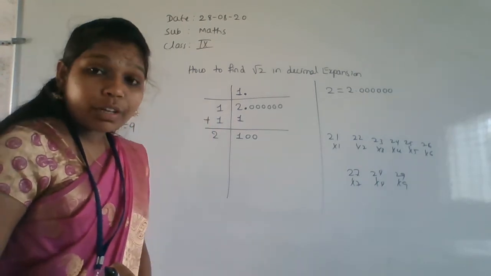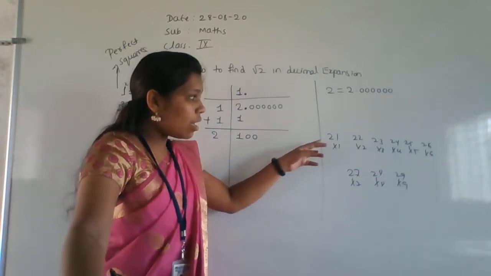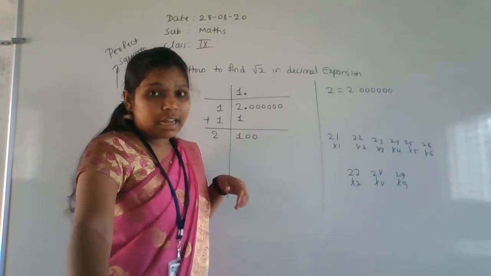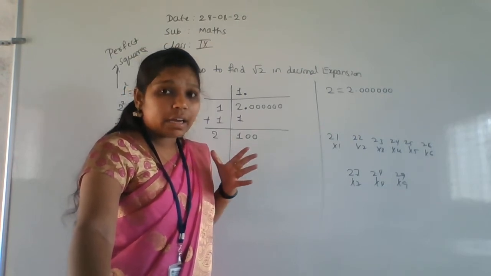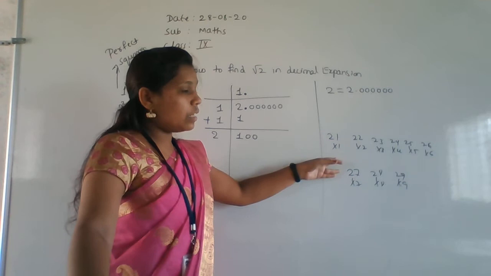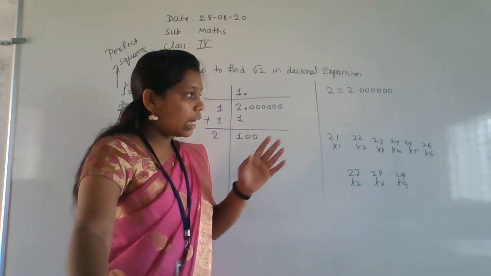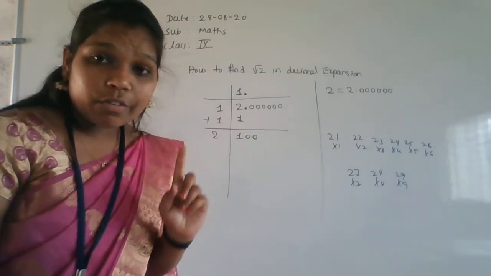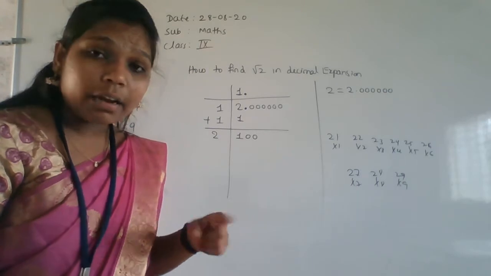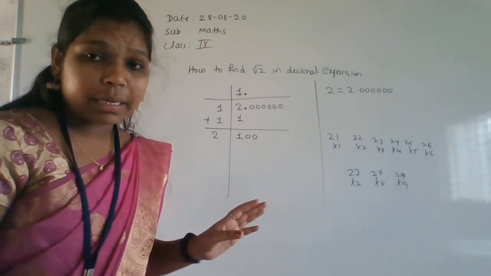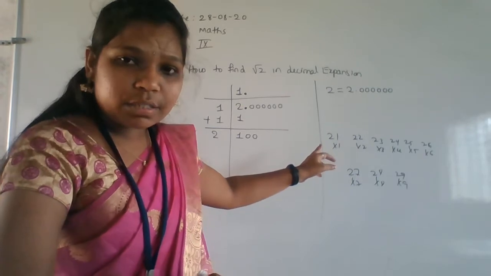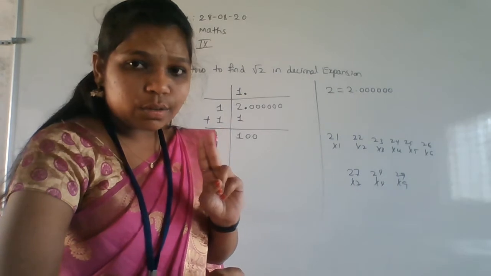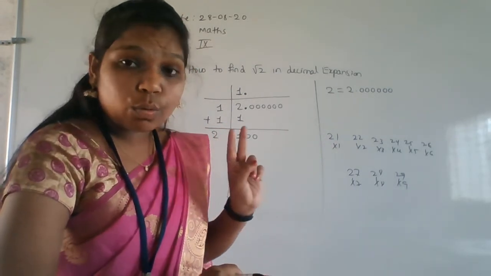And I told how to do the division and how to take the numbers here. Only we can take here 2 is there, right? So we can't take 22 threes are, 24 fives are, like that we can't take. Only we can take 21 ones are, 22 twos are, 23 threes are, 24 fours are, 25 fives are, like that. So whatever the value in the ones place, only that value we can multiply here. Other values can't be multiplied here. Okay, only here 1 is in the ones place, so that's why I am multiplying with the value 1. Next, in the ones place 2 is there, so we can multiply that value with 2 only.